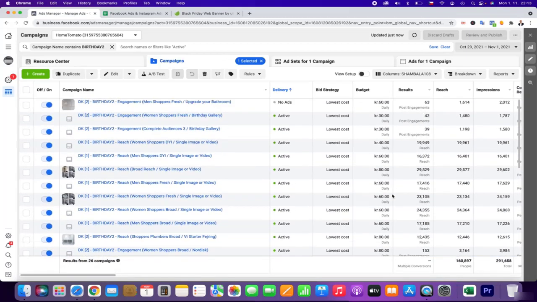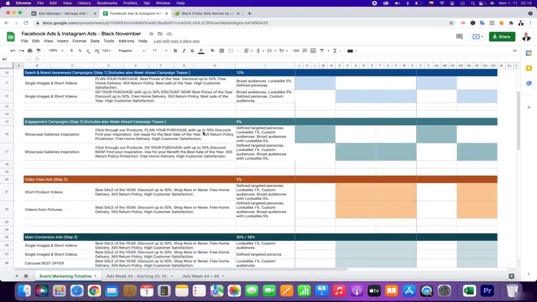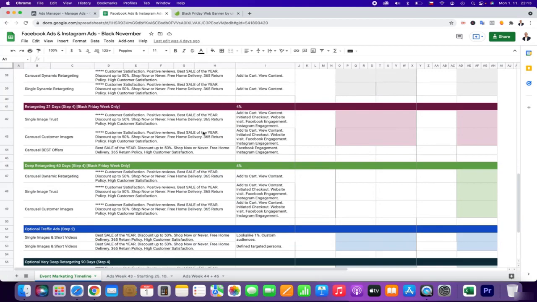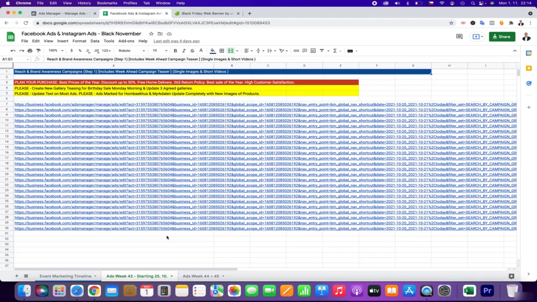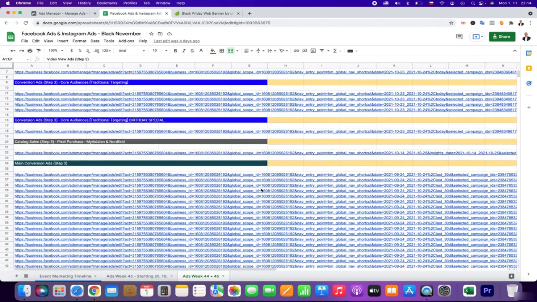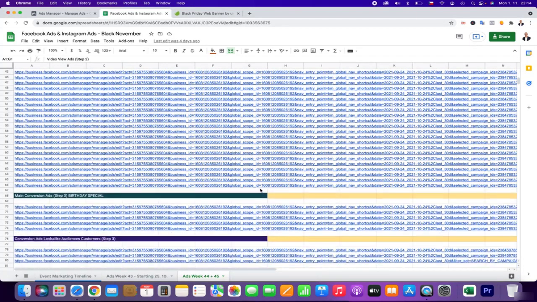And it's very important to honestly think about the campaigns, prepare the campaigns, prepare everything that will be done, prepare correctly the reach out phase, engagement phase, and then the complete customer journey from reach to video view, engagement, conversion ads, catalog sales, and what I call main conversions.